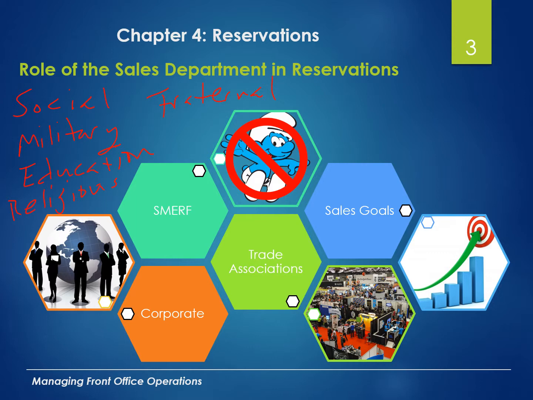They are groups that deal with typically limited budgets, and so oftentimes in a sales office, you'll have someone who's in charge of the corporate clients, the business travel. You'll have someone in the sales office who handles the trade associations. And then you also have someone in the sales office that handles the SMERF groups, okay? Depending on the size of the hotel. Each sales office has their goals that they have to meet, whether it's a number of rooms or a revenue goal, but they have their sales goals that they need to reach throughout the quarters, and then obviously throughout the year.